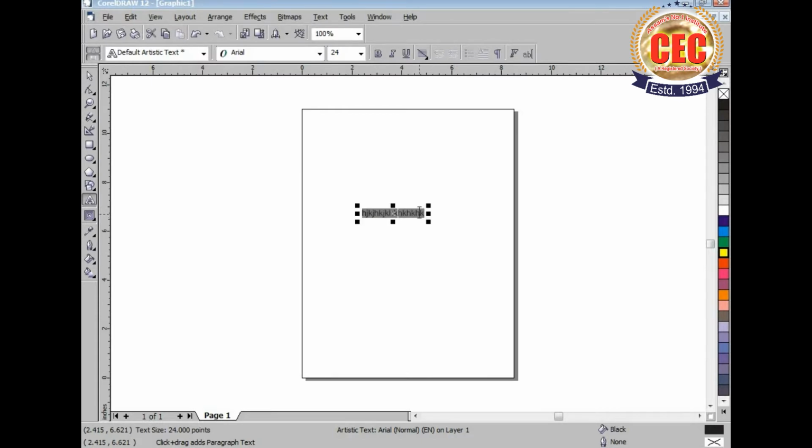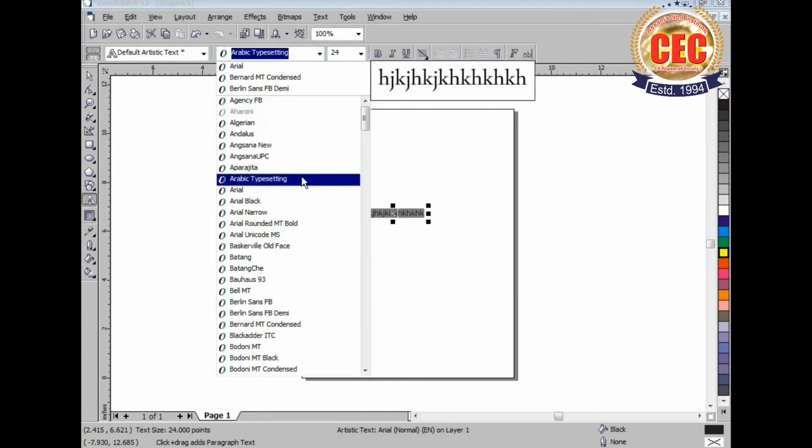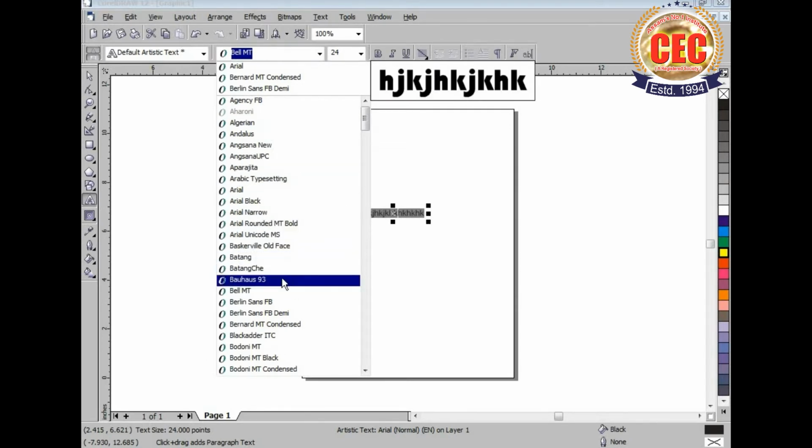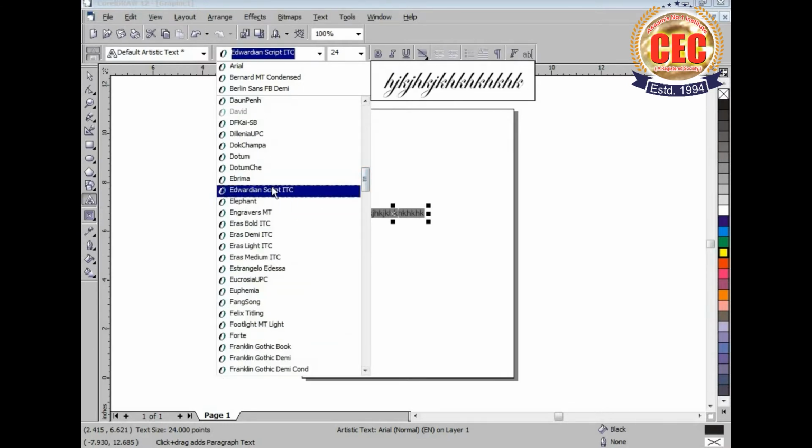Then for formatting these texts, these letters, like adding color to it or using a different style for the text, using the bold, italics, underline formatting options, we need to go to this property toolbar where the formatting options are available. From this property toolbar, first of all, this is the font style option where we get different types of fonts, and you can select any kind of fonts from here as per your requirement.